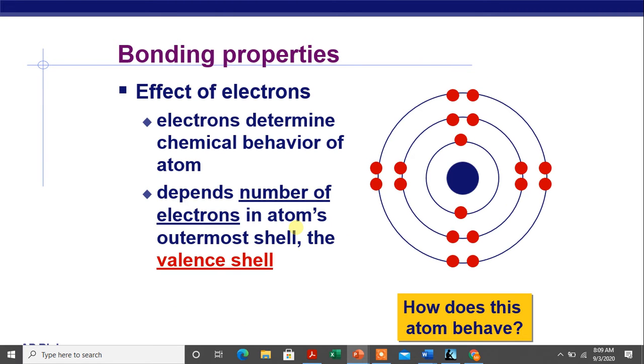All right, especially what is going to become important right away is remembering how chemical bonds work, because that's going to be very important in macromolecules, and that's also going to be very important with the properties of water. So the electrons an element has determine its chemical behavior. The number of electrons in an atom's outermost shell, so its valence shell, dictate the chemical properties and behavior of an atom.